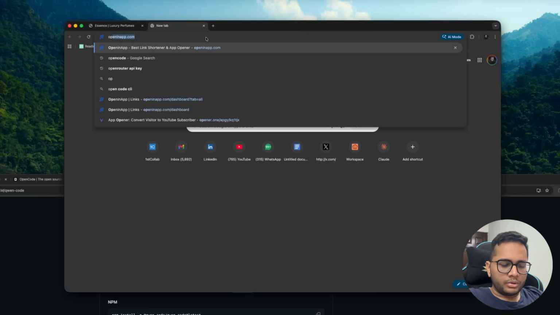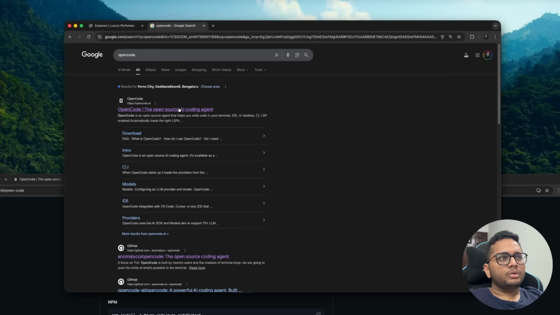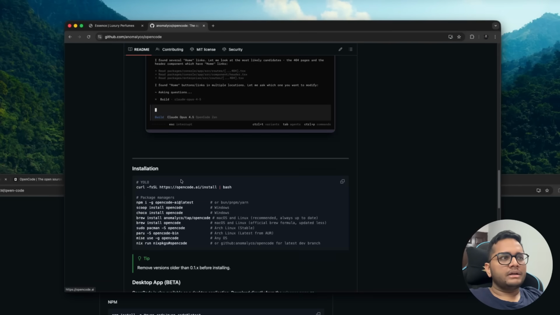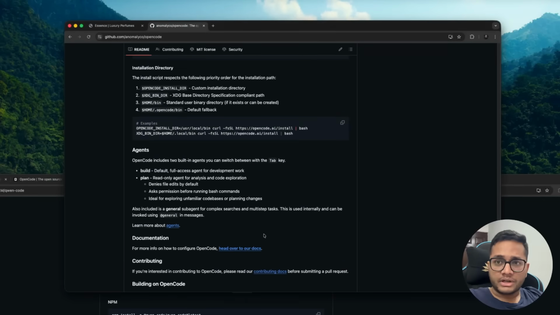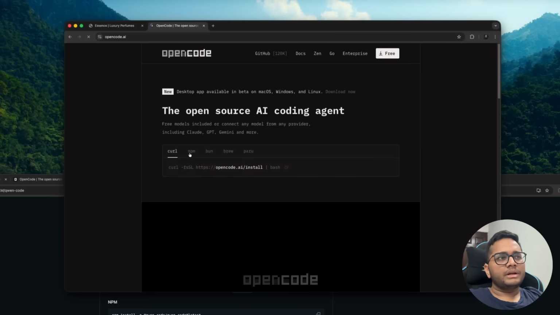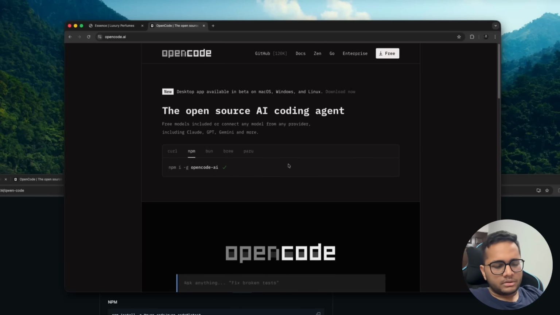So OpenCode, if you don't know, you can go to the OpenCode website. This is the GitHub repo for OpenCode. Once you go to OpenCode, you can find what it looks like. You can see different ways in which it can be installed. Also, if you want to install it on Mac, you can simply type in a command, like for npm, it's npm i opencode-ai. So you copy this, go to your terminal,